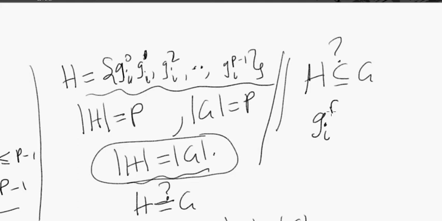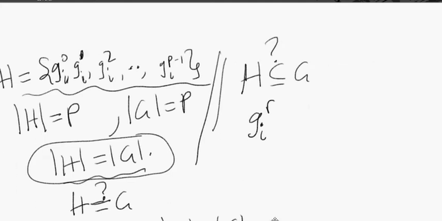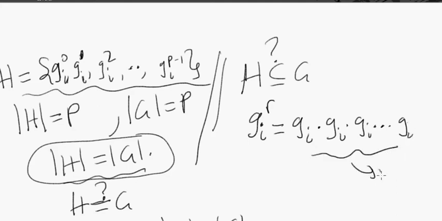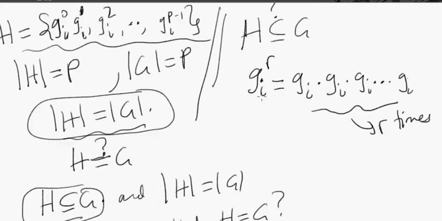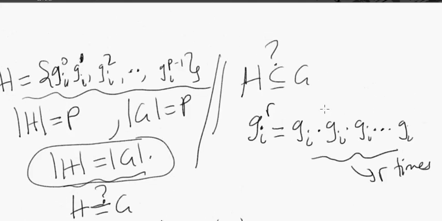Well, what is g sub i to the r really? Is g sub i to the r the same as g sub i times g sub i times g sub i, multiplied r times? If that's what g sub i to the r is, and every element of H is of the form g sub i to the r,